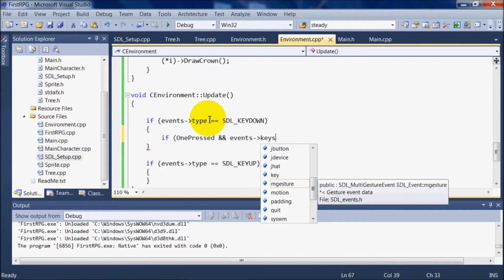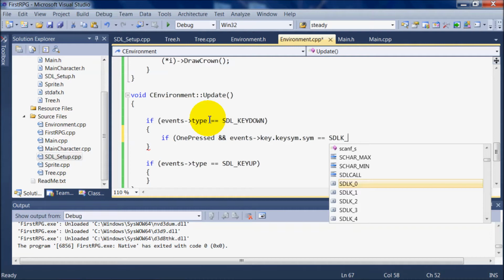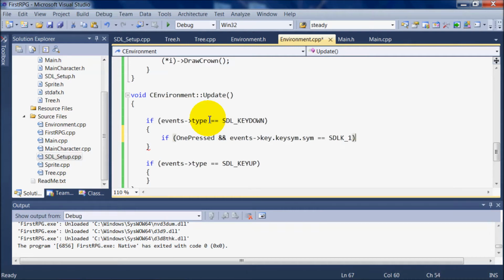Key sem key, if that is equal to SDLK underscore 1. So if you press 1 and this equals true, this boolean basically prevents it from